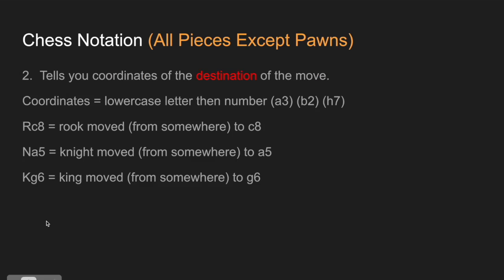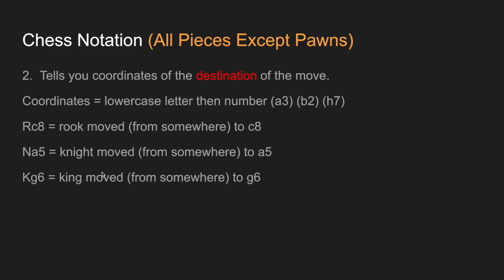The second part of the notation tells you the coordinates of the destination of the move. And again, coordinates is just a lowercase letter and a number, which tells you which square it is on the chessboard. So examples of notation: Rc8 means rook move to c8, Na5, knight move to a5, Kg6, king move to